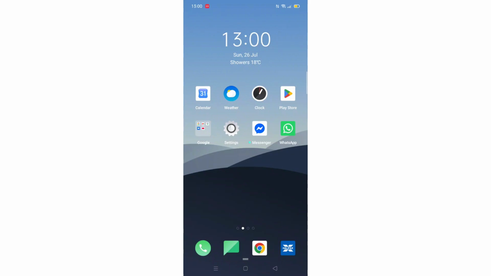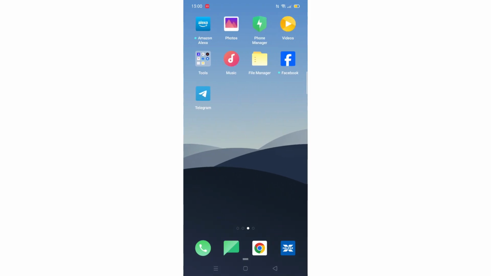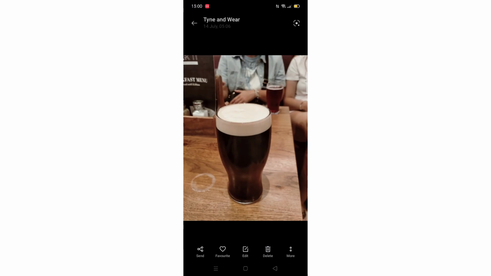In this video, I'll show you how to transfer photos from your Android phone to Google Drive. So go ahead and open up the photo that you want to send. In this case, I'm going to use a picture of a pint of Guinness. Why not? So once you've got your photo, press on the send button at the bottom left